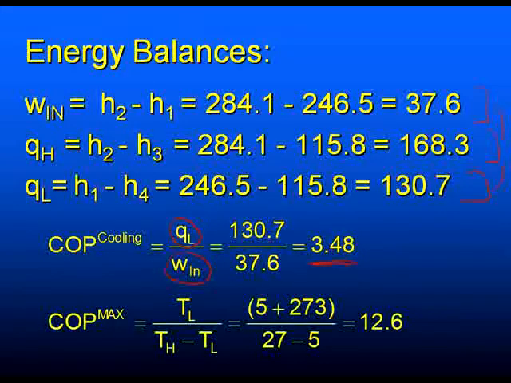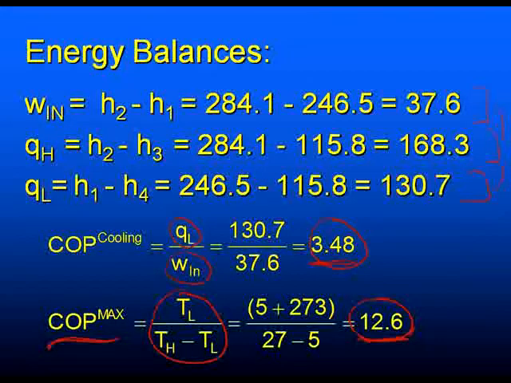Now, if you recall, the Carnot COP was a function only of the low and the high temperatures. You recall it's TL over TH minus TL. The best COP we could have gotten from any device we may have constructed would be 12.6. The engineering job is to get as close to 12.6 as we can within the economic and materials limitations of our problem. So we want to raise that if we can, or at least look at